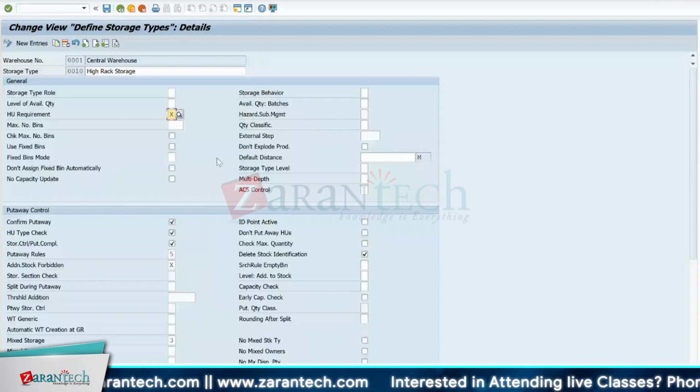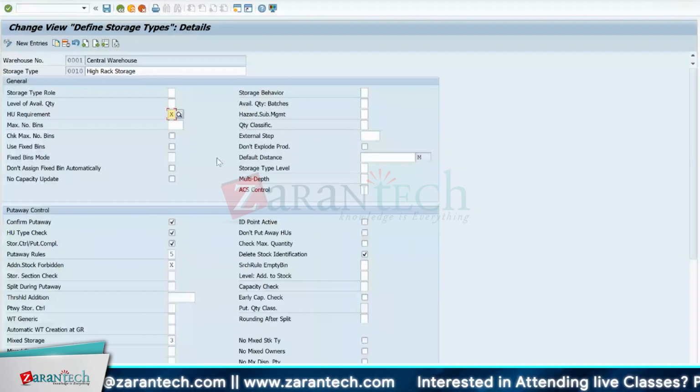Okay, so you see there are controls for fixed bin usage, and based on that, I'll show you the permutation combination when we are doing the fixed bins topic. But in general, at a high level, this is where you have to do the configuration as well. But there is certain master data as well which needs to be maintained. Now, apart from that,